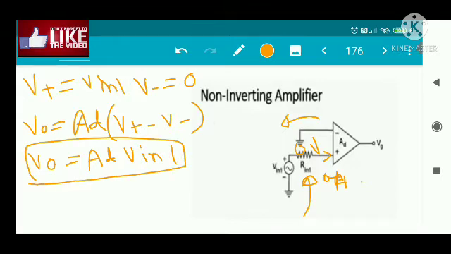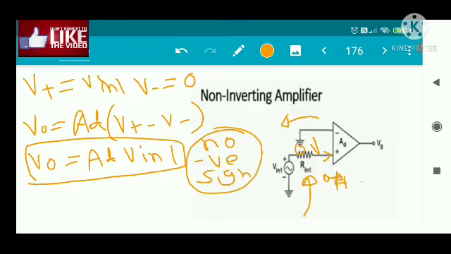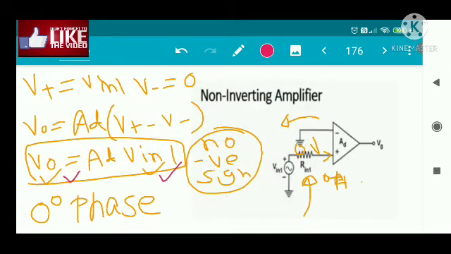Okay, so no negative sign here. There is no negative sign, but in the case of the inverting amplifier there is a negative sign. So yes, 0 degree, that's why it is called the 0 degree phase shift. That means if the input voltage is positive, output voltage is also positive. If the input voltage is negative, output voltage is also negative. So V0 has the same phase